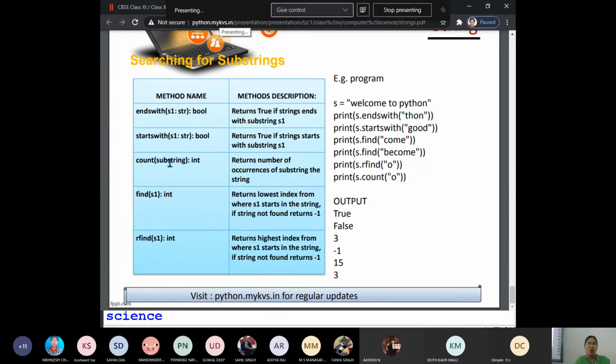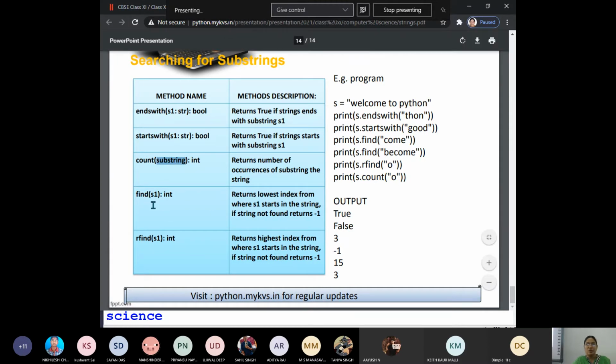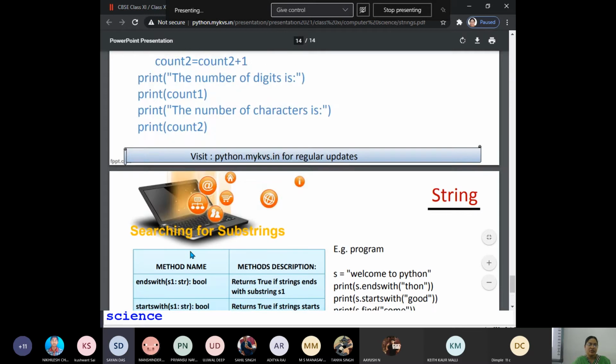So now count substring, how many times that substring occurs in the given string. Count we have shown, just now I have shown you. Rfind is highest index from right side. Okay, find is lowest index, Rfind is highest index. Is it clear to everyone, children?